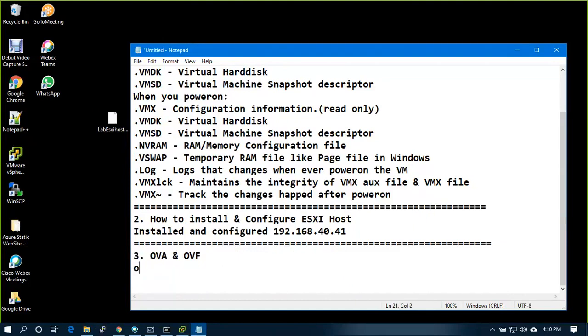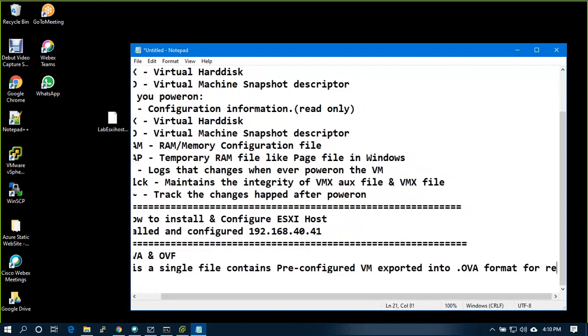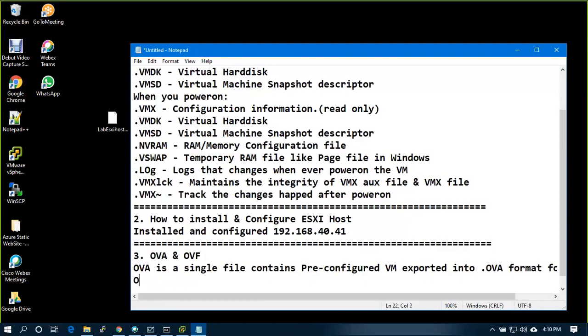OVA as a single file contains a pre-configured VM exported into .ova format for reuse. If you want to reuse OVF